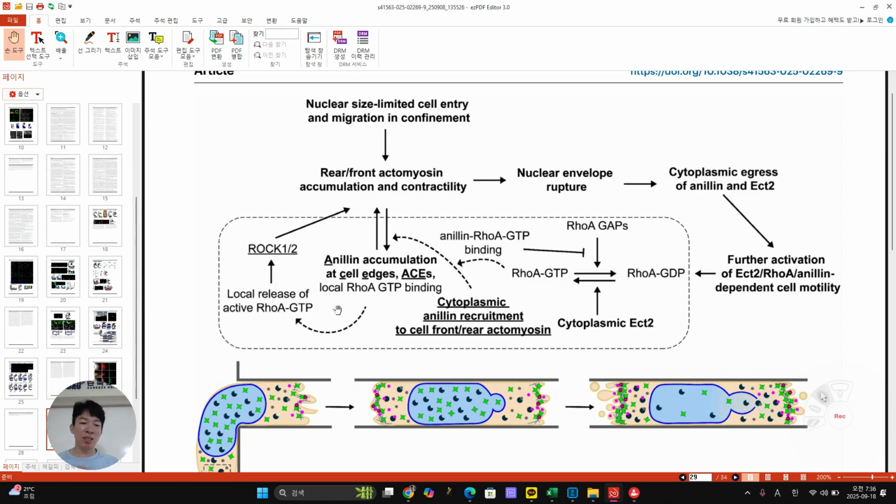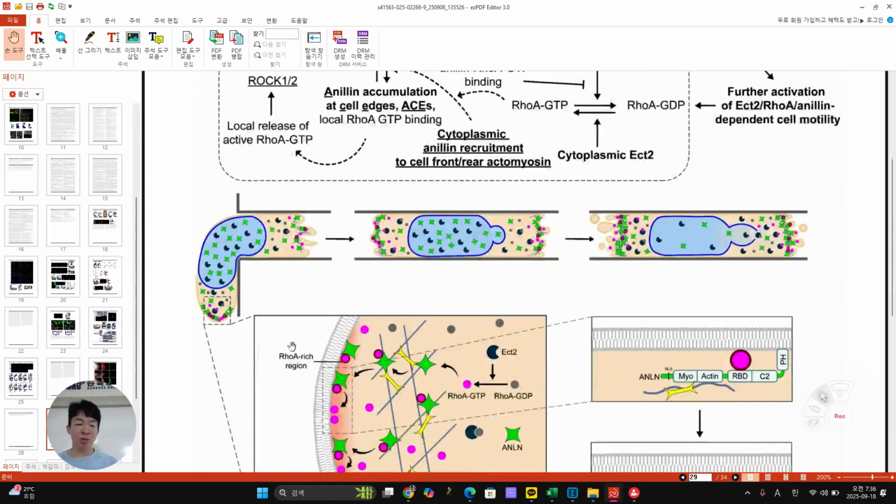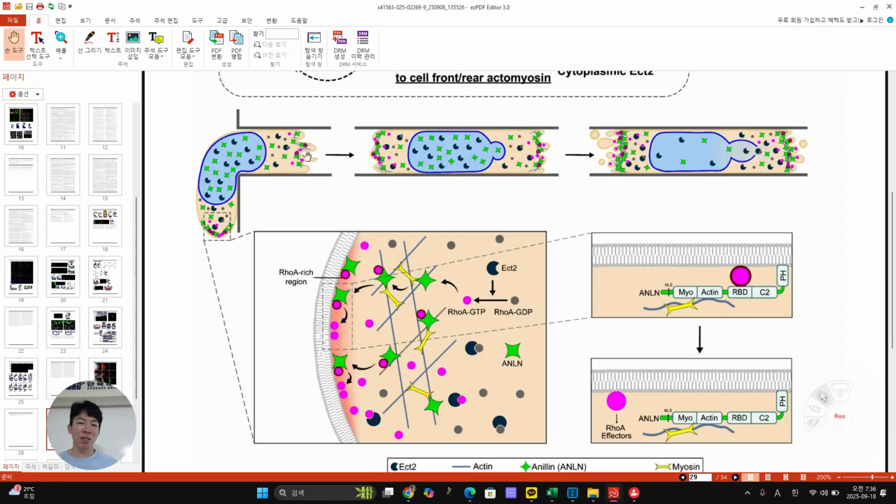Because of that, RhoA GTP is activated, and then they can make the cell migrate better. So initially like that, and then they're compressed, and then at these edges, when the rupture happens, they're making more